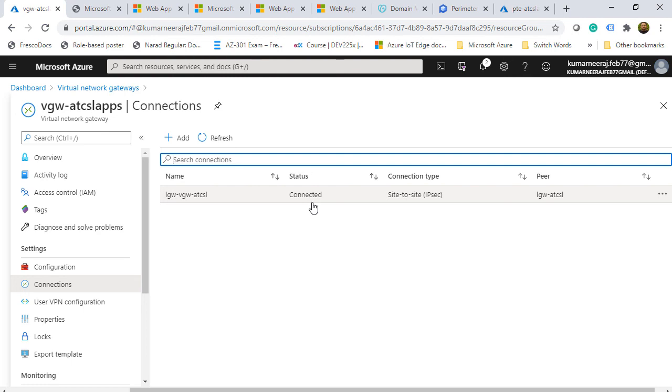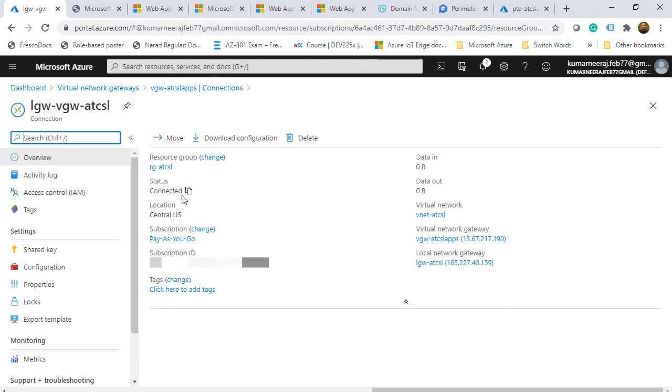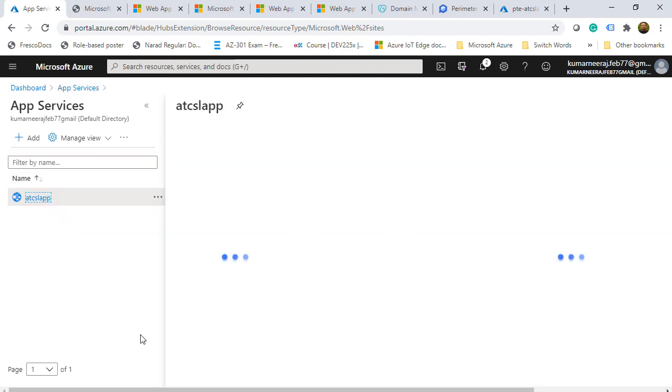Woo, we are done. So if we click on it and see the details, it shows me the status as connected. Now what we should do is try to connect from our on-premises system and see if it works or not. But before that, let me show you something. So if I go to my App Services now and click on it,